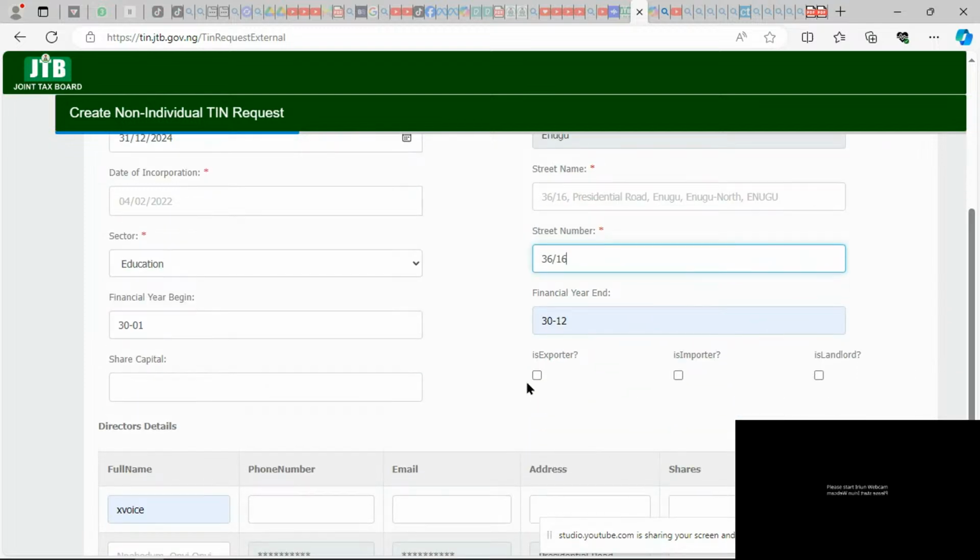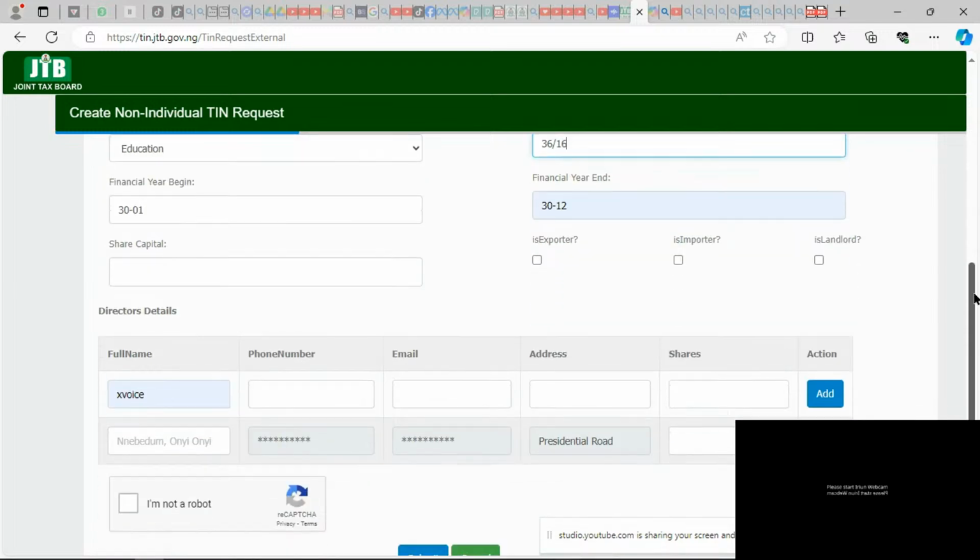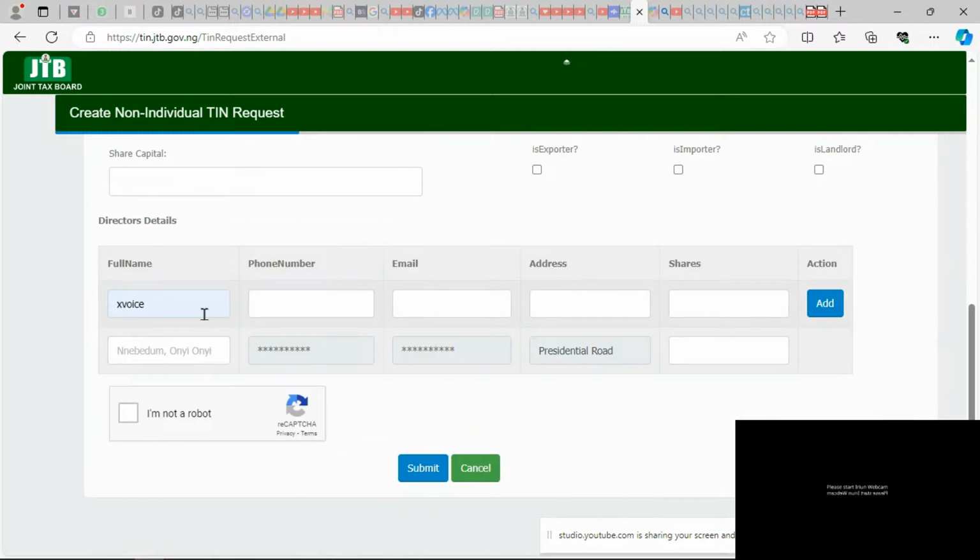So by the time you are done filling all these things, all the required fields, with the correct information, some of the things I put here are not what it should be, but I just put things here to guide you so you know what to easily do. So once you are done, director's detail, okay, I don't think this is necessary except you are dealing with companies.